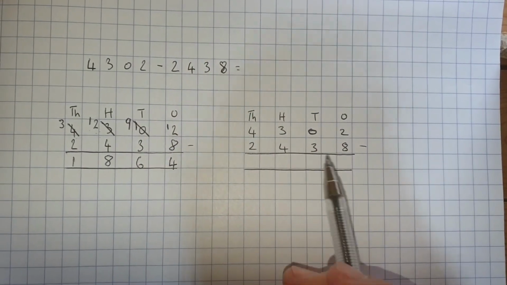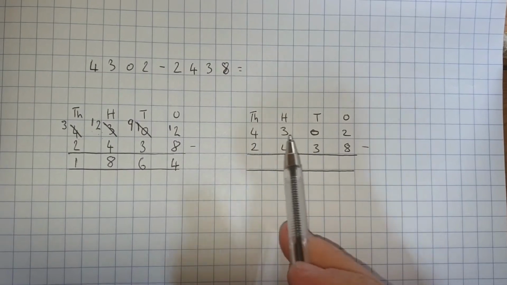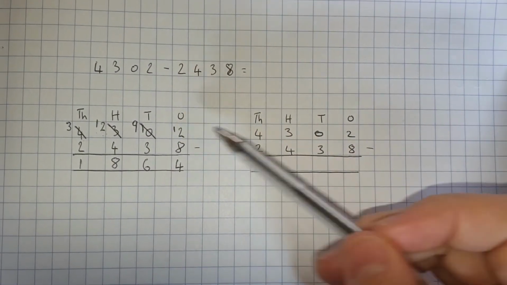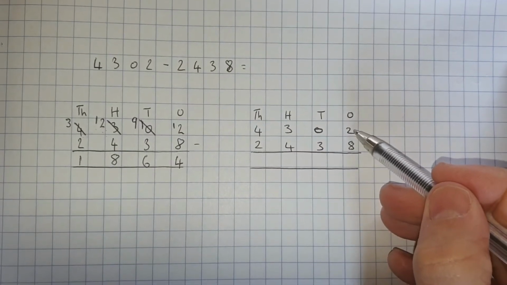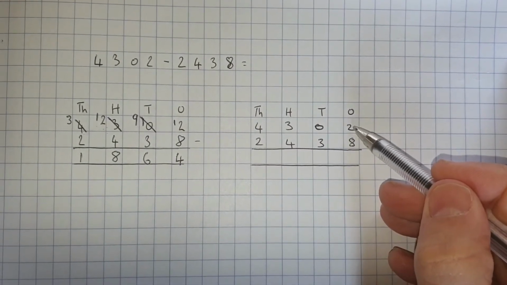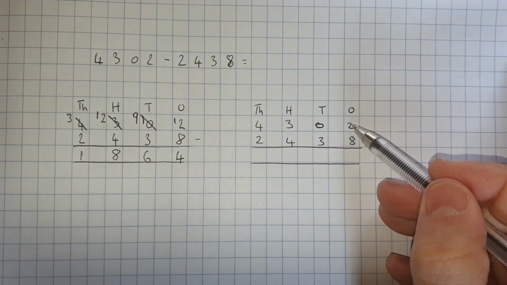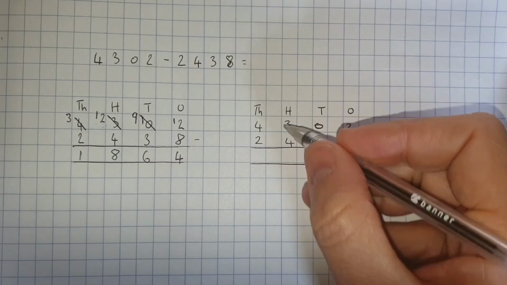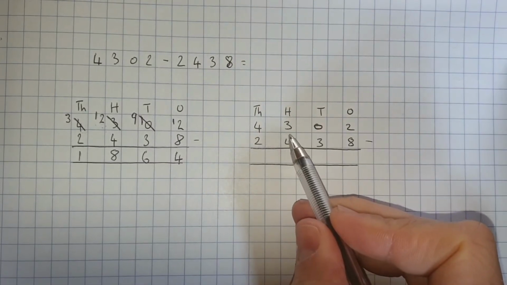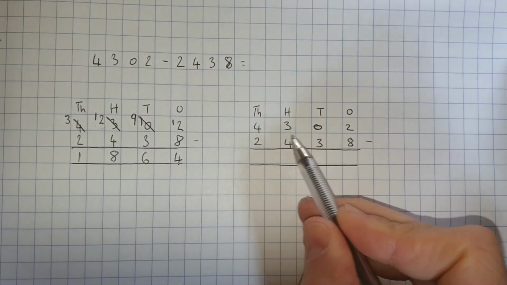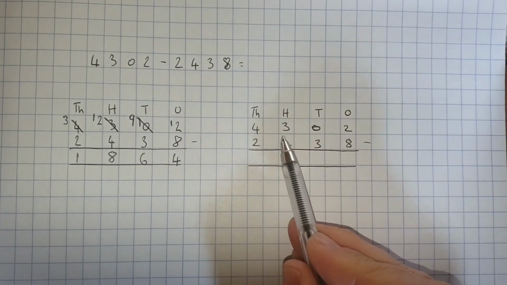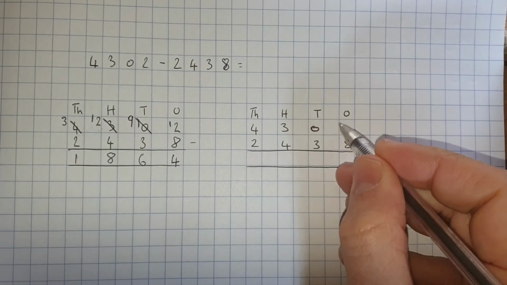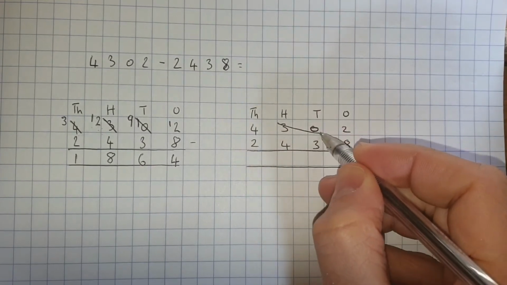Now there is a slightly different method that you can use to exchange across a 0. It relies on you being really confident with your understanding of place value. So as we've seen here, the aim is to get a set of 10 into my ones column. Now if you're confident in your understanding of place value, you can look at this 300 here and see that as 30 sets of 10. Now if you can see that as 30 sets of 10, and I want to get 1 set of 10 in here, I can cross out my 30 sets of 10,